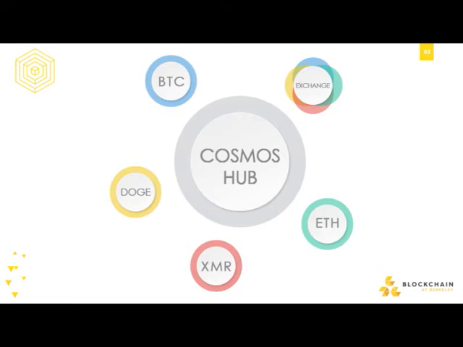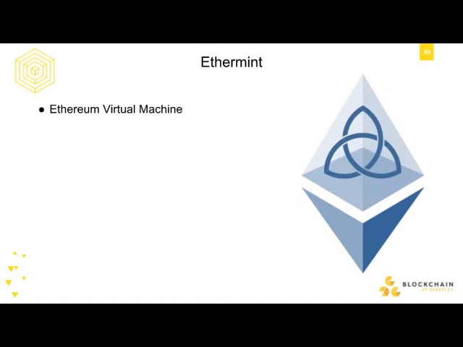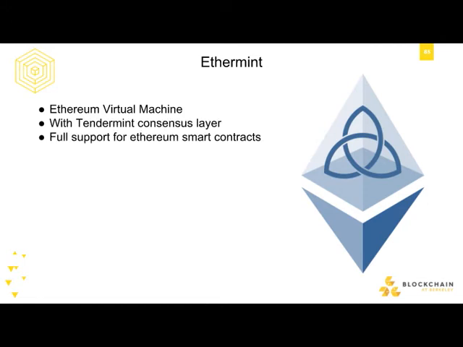Okay. So Cosmos is a pretty cool idea, and in particular, they have this thing called Ethermint, which is Ethereum on Tendermint. Ethereum is just the virtual machine, and also their proof of work algorithm that they're going to replace with Cosmos. But if you take the Ethereum virtual machine and run it on Tendermint, you have something where all the smart contracts and all of the cool stuff you can do with Ethereum, you can do with Ethermint. And we'll see how that goes.